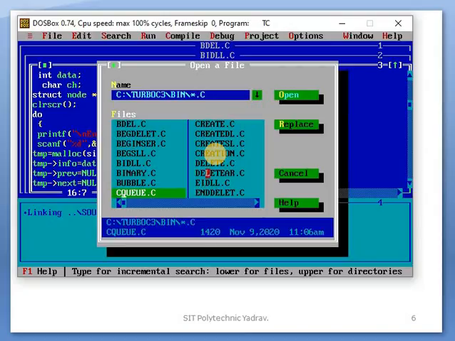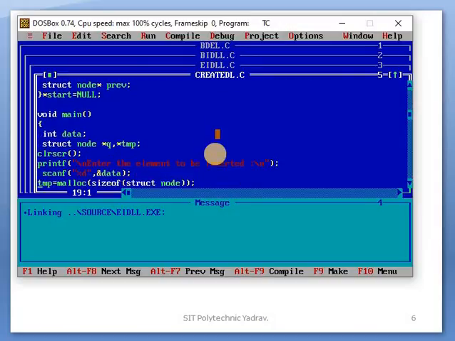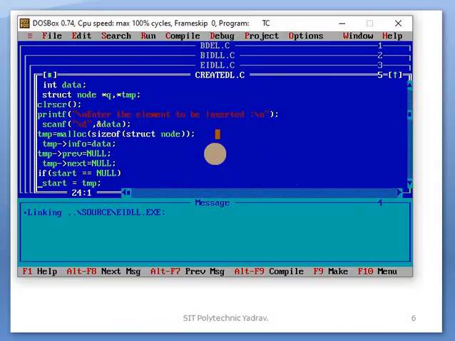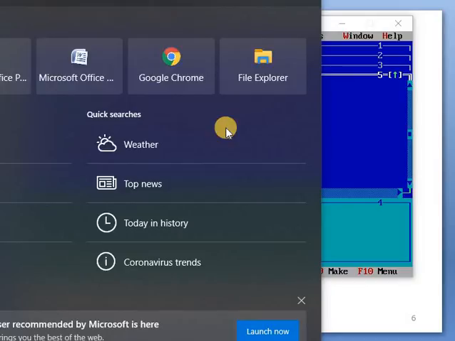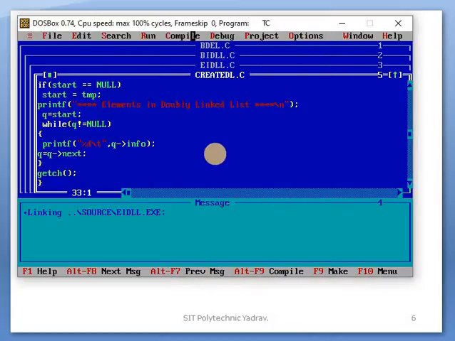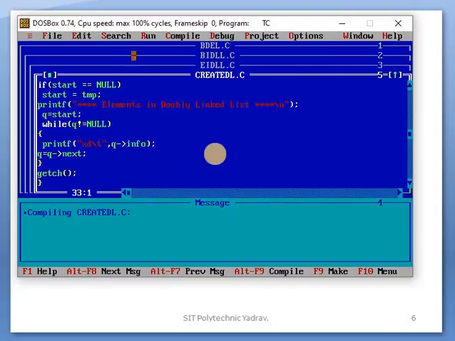Create DL, yes, doubly linked list. The header files, structure variables, void main, temporary value store, and then display data. Sorry, compile it and run it.